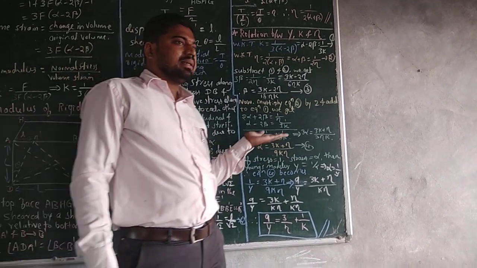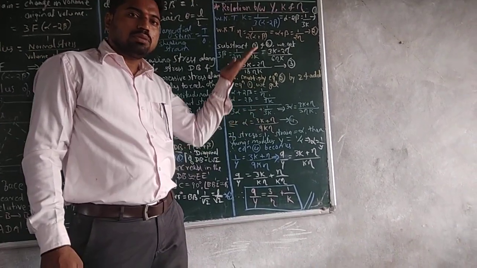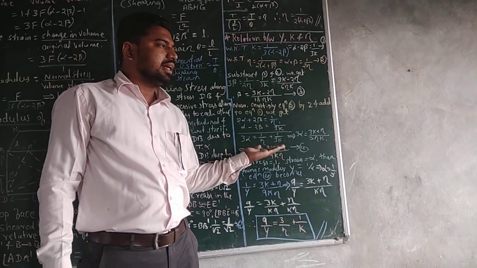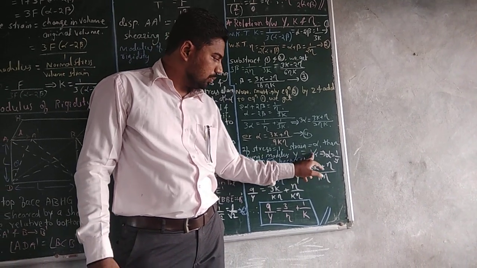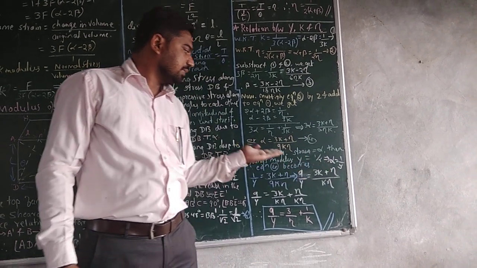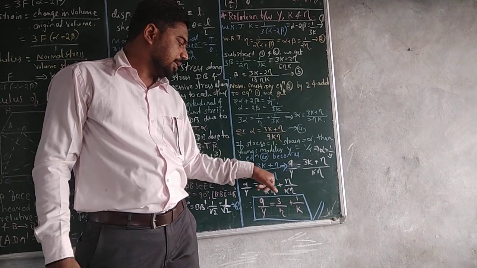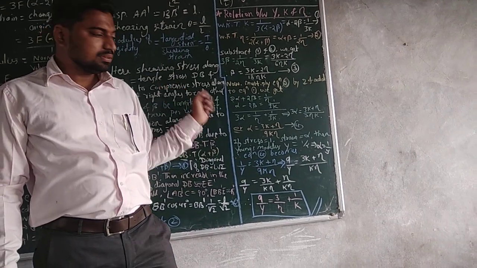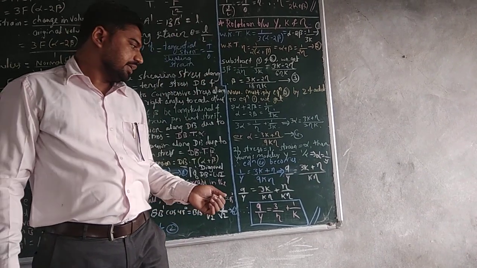And already you know the definition of Young's modulus. Young's modulus is the ratio of normal stress to the longitudinal strain. If you take stress equal to 1 and strain equal to alpha, then Young's modulus Y equals 1 by alpha, which gives alpha equal to 1 by Y. Put this alpha equal to 1 by Y in equation number 4. You get 1 by Y equal to 3K plus eta divided by 9K eta. You can take this 9 to the LHS side. It becomes 9 by Y equal to 3K plus eta divided by K into eta.